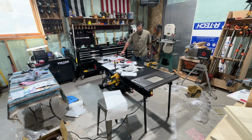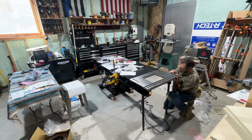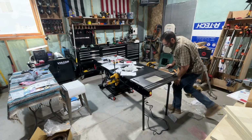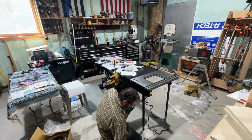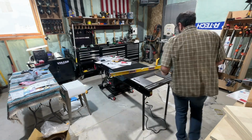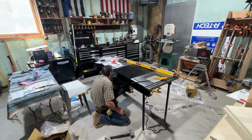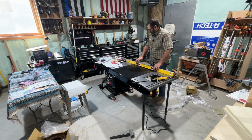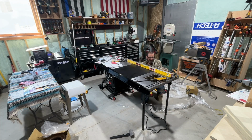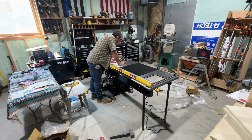I don't know why, but I think the router table extension gets me the most excited. I use a router a lot. Like when I make drawers, which I'm going to do a drawer video coming up, a lot of times lately I've been making them on my CNC. But when I used to have my assembly table where I had the JESM router lift in there and I had a fence on it, I would just put in a half inch downcut spiral bit in my JESM router lift,